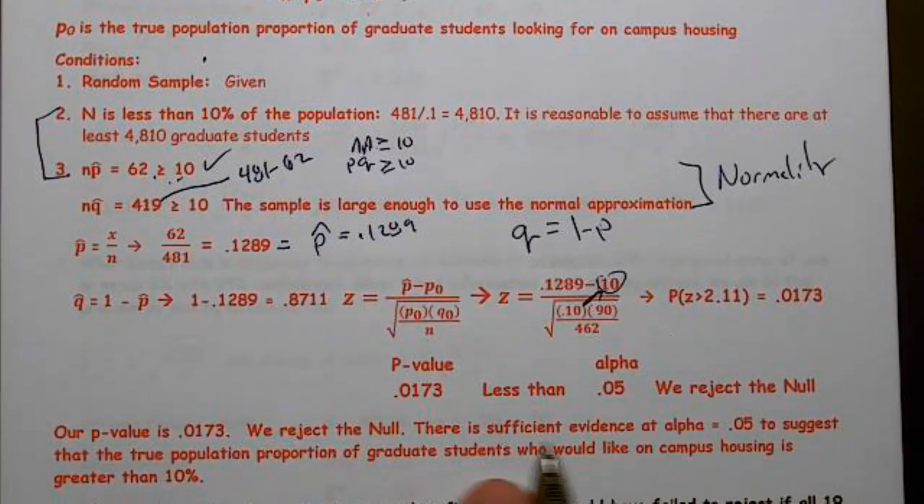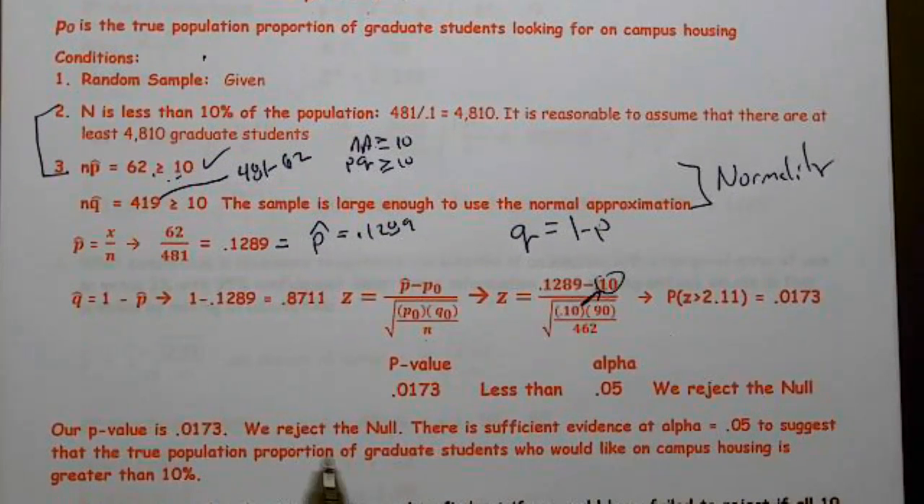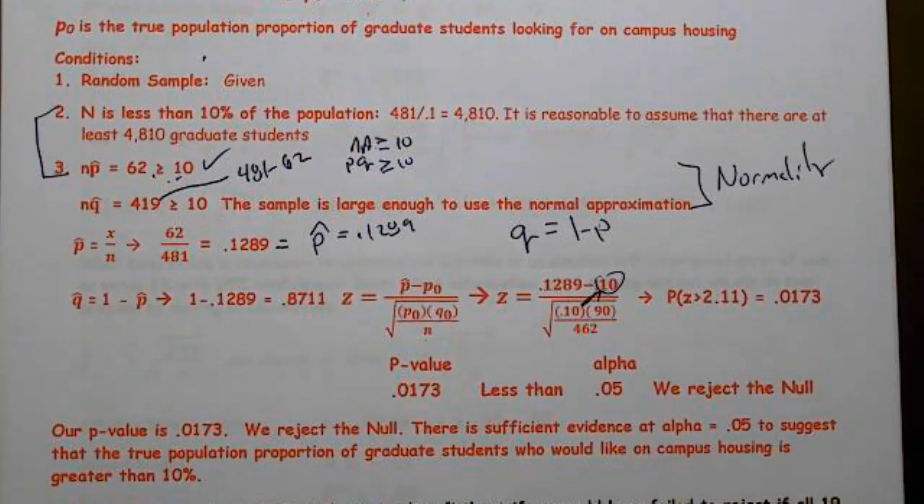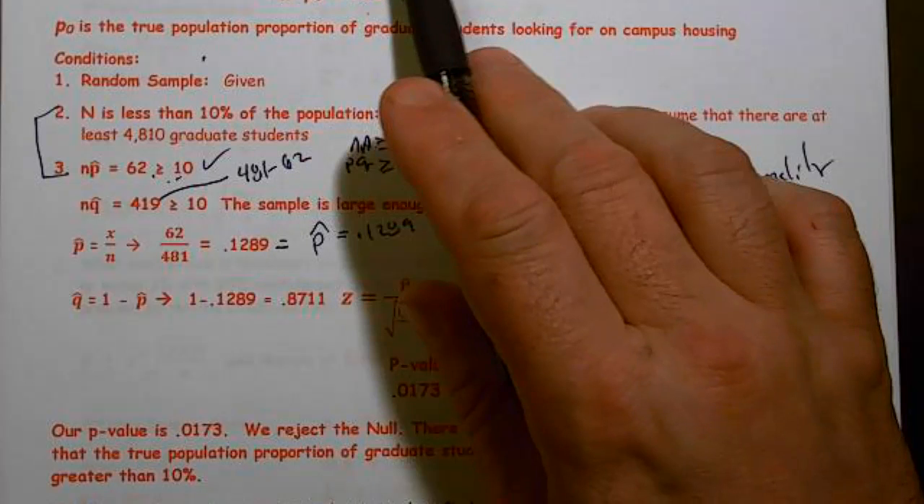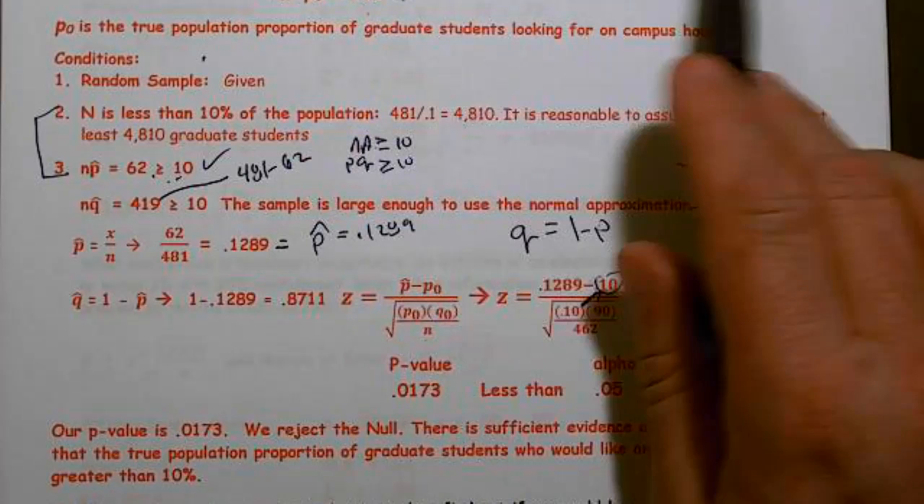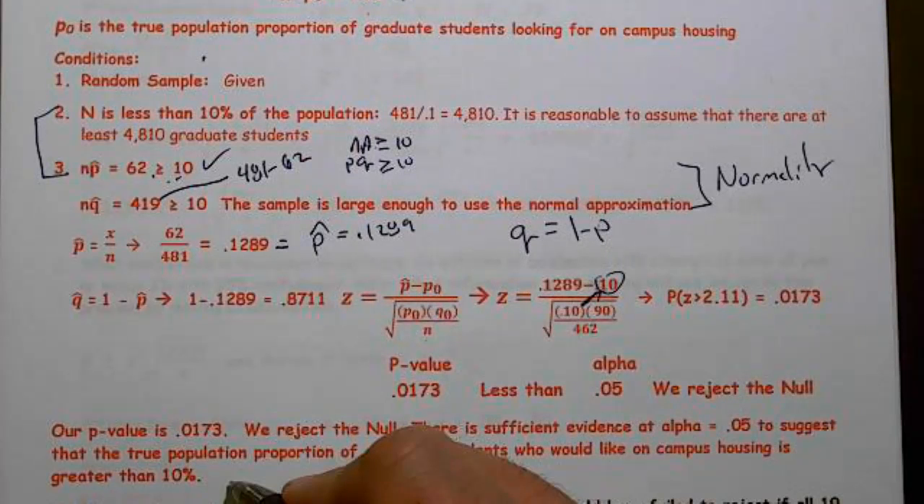We reject the null. There is sufficient evidence at alpha equal 0.05 to suggest the true population proportion of graduate students who would like on-campus housing is greater than 10%. There is something missing here. We need to put this in simplified terms. We need to answer the question. And the question is, on the basis of the survey, would you recommend the housing office consider increasing? And the answer is,